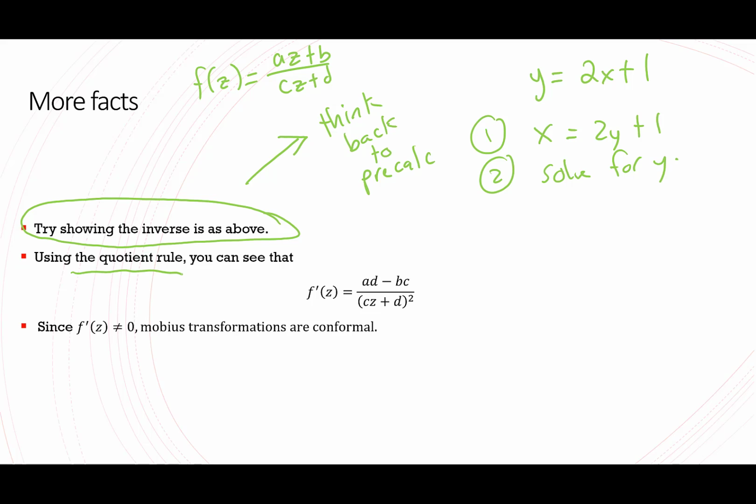Using the quotient rule, okay, if you take the derivative of this function, you'll see that you get (ad minus bc) over (cz plus d) all squared. And again, that's just following straight from the quotient rule. Okay, and since we know that Mobius transformations have the property that ad minus bc is not 0, we also have that our derivative here is not 0, because if the top's not 0, the whole thing can't be 0. And remember what that means from an earlier result back in, I think, chapter 2. I forget exactly which section. But anyway, in chapter 2, remember we said if your derivative's not 0, then your function is conformal. And remember, conformal means that it preserves angles.